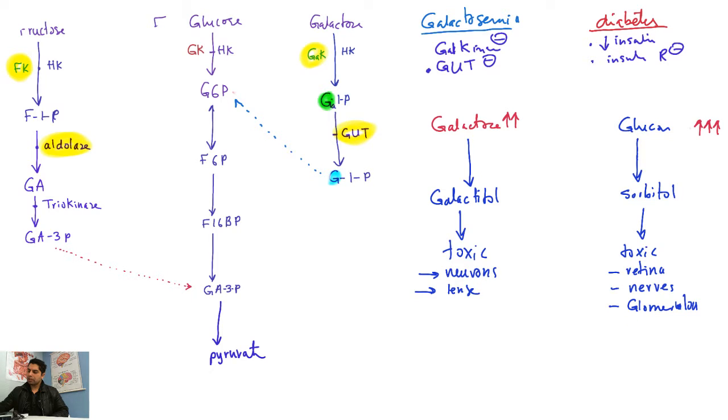So now, in galactosemia, you should say there is a chance of cataract formation because of lens problems. And then there is a chance of failure to thrive, meaning the baby doesn't build properly or does not grow properly. And there's a chance of hypotonia, muscle tone is affected. But this is an adult disease, right? Diabetes is an adult disease. Galactosemia is